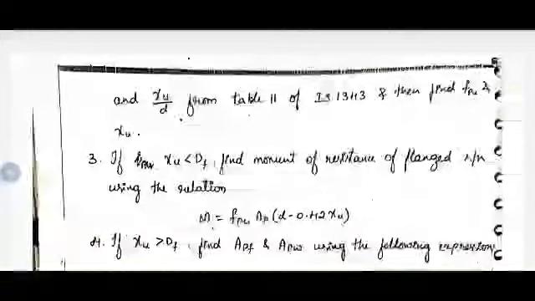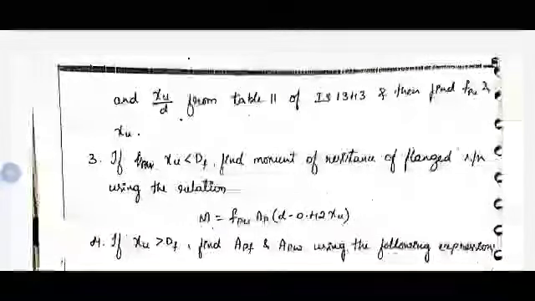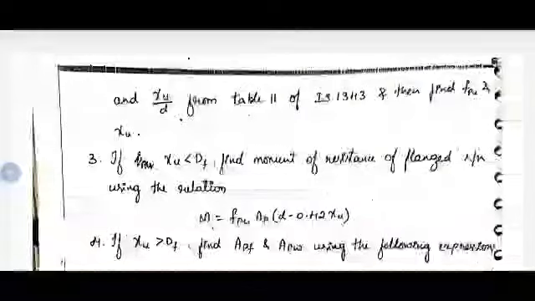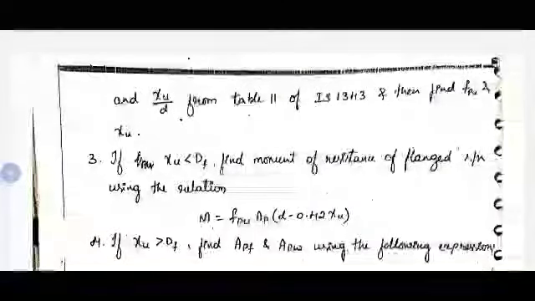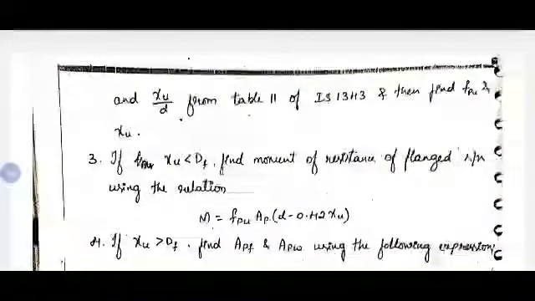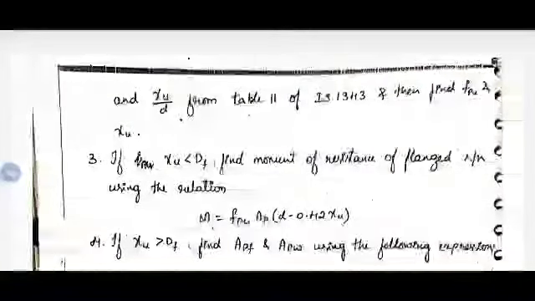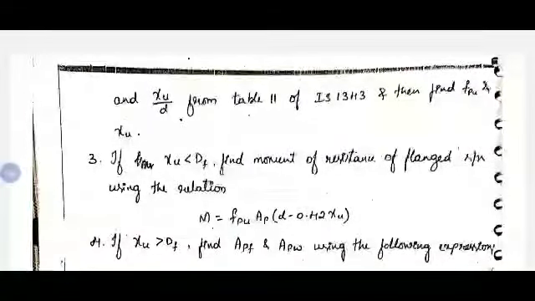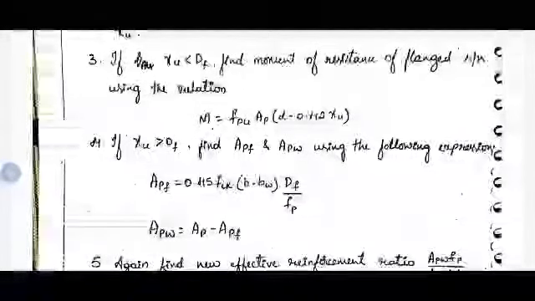After finding the XU value, first we need to compare it to check whether the neutral axis lies in the flange or in the web. If XU is less than DF, the depth of the flange, then directly we will go for calculation of moment of resistance using the formula. If XU is greater than DF, or the neutral axis lies